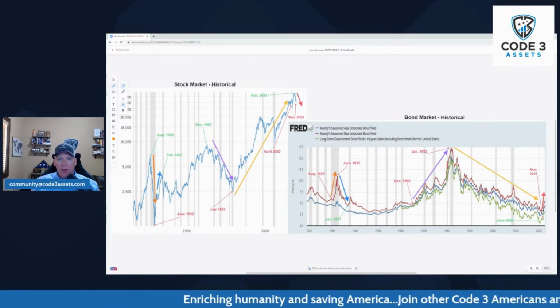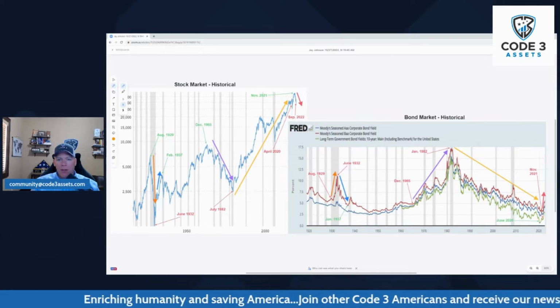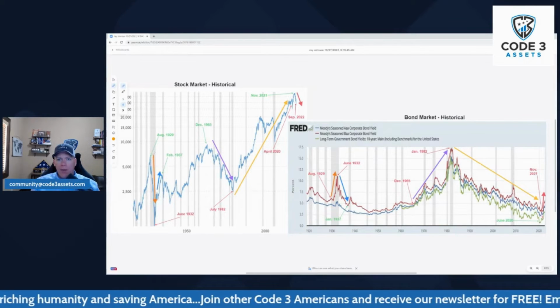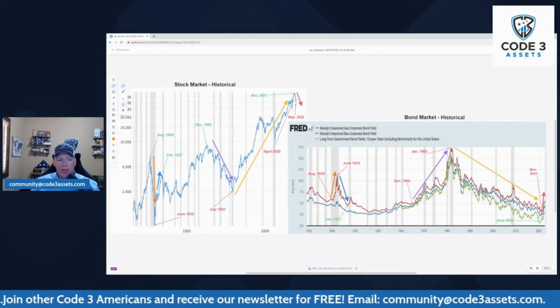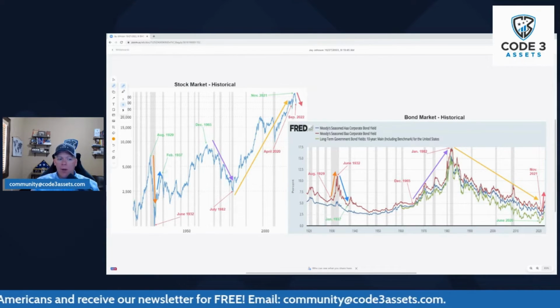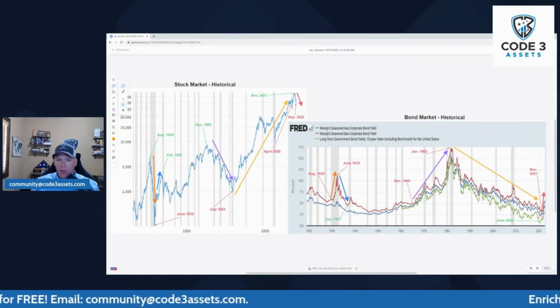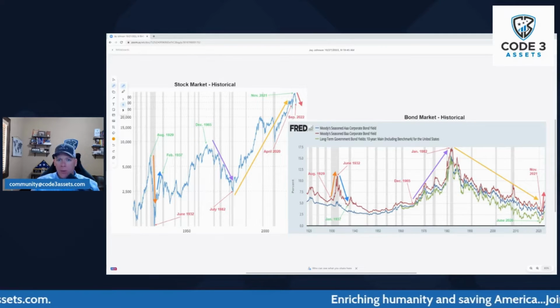Also, I've noted a number of larger arrows that are inverse of one another on either chart, but relative to the same period of time or same events. So here you see the stock market falling back after 1929, and over here you see the same orange arrow indicating that interest rates are going up at that period of time, and so forth as you go across.